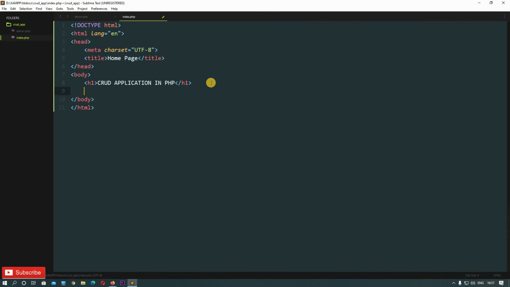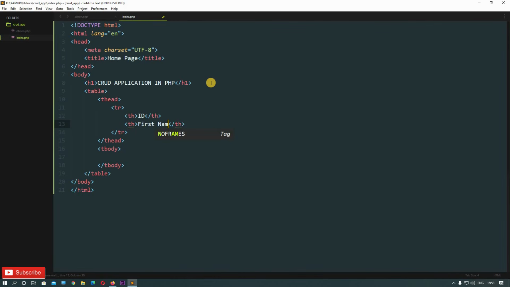Now let's create a table just below it. So table, thead, tbody, and inside thead we will have one tr and one th for our student ID, one th for the first name, then last name, and then age.